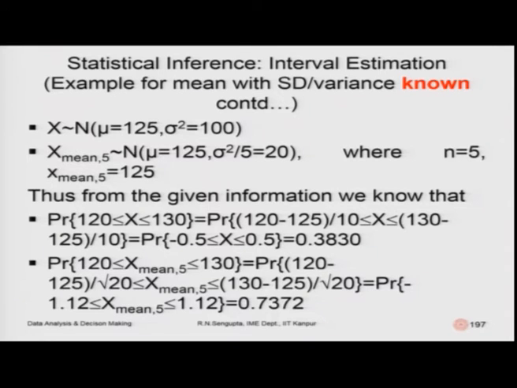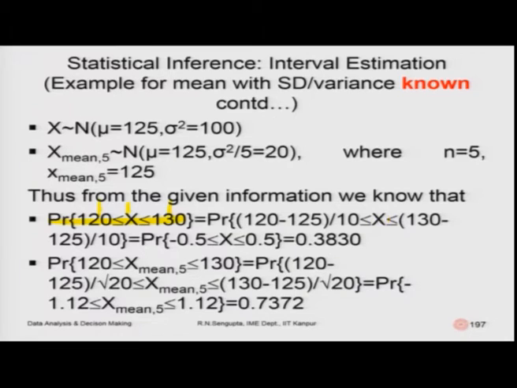So, the probability that x is between 120 and 130 is given by this. Let me highlight. So, I need to convert x into the standard normal. As I do that, this is basically the x 1 and x 2 which I have, the corresponding LCL and UCL for the x. They would also be converted into LCL and UCL for the z distribution. So, they would also be transformed accordingly. So, here how do we convert the x into a standard normal deviate? It will be x minus the expected value of x divided by the standard deviation. Exactly what we do is basically